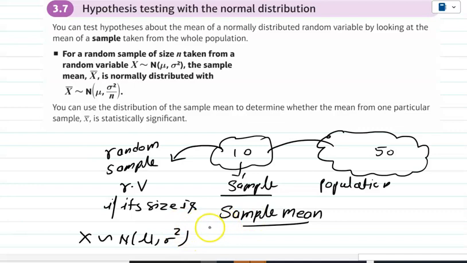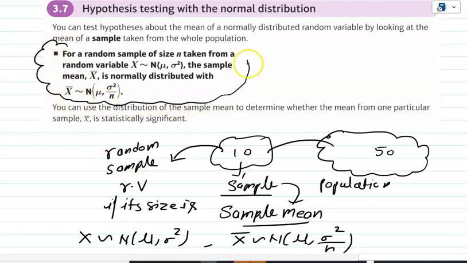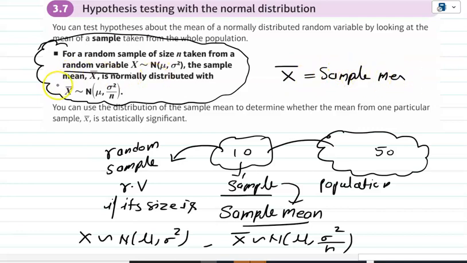For the sample mean x bar, it is normally distributed with mu and sigma square divided by n, because we have taken n samples. So for a random sample of size n taken from a random variable x, where capital X bar is the sample mean, x bar is distributed normally, mu and sigma square divided